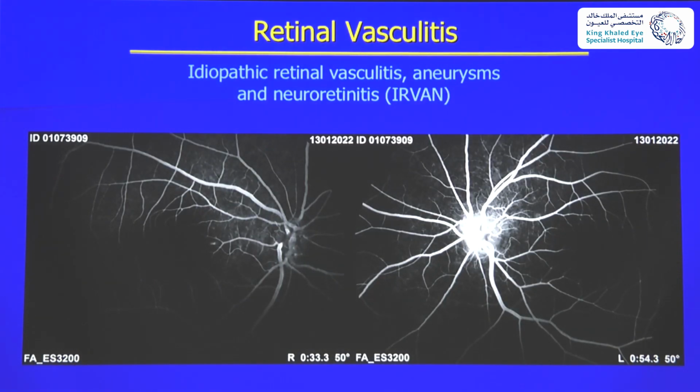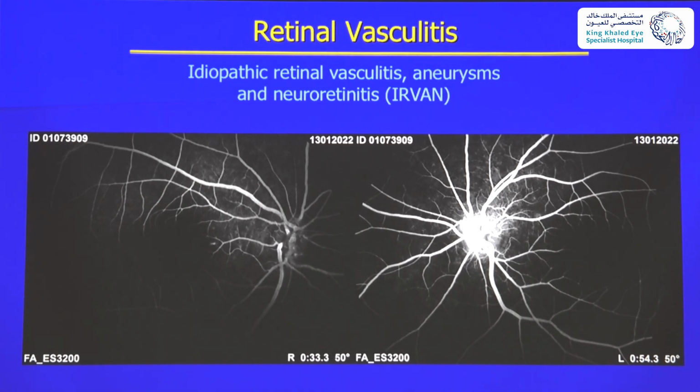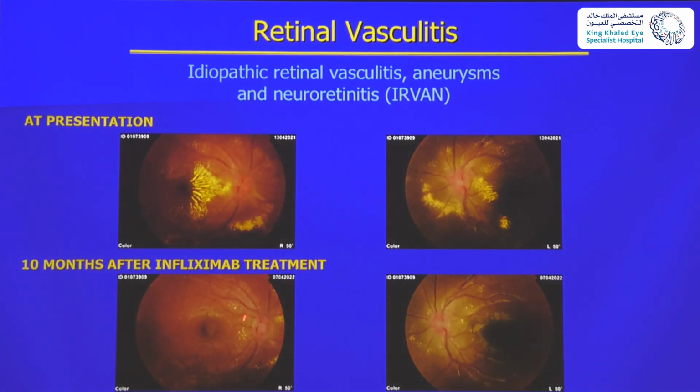So the patient, based on a few reports that patients with IRVAN respond very poorly to conventional immunosuppressive therapy, like steroids and mycophenolate mofetil, we treated the patient with infliximab, an anti-tumor necrosis factor alpha agent, and this is the outcome. The aneurysmal dilation has regressed. This is the fluorescein angiography. And the hard exudates resolved. This is only 10 months after starting infliximab treatment. So don't miss IRVAN because it is not common, but every now and then a patient like this can present